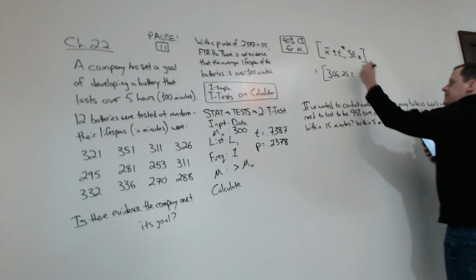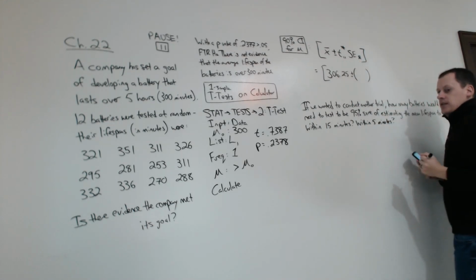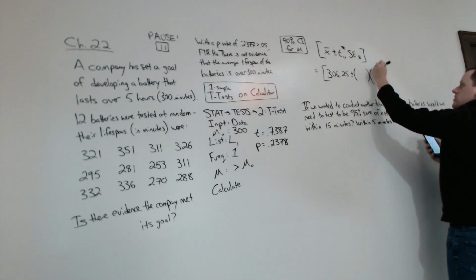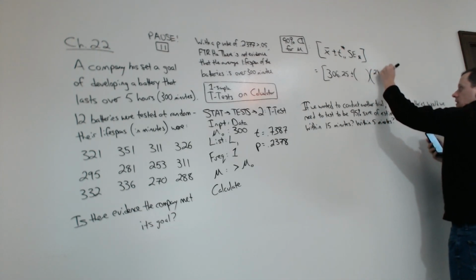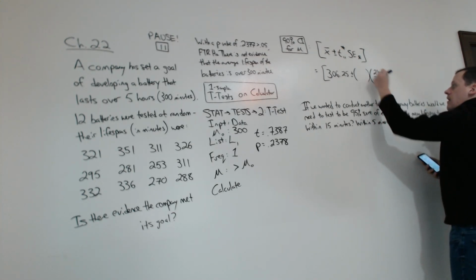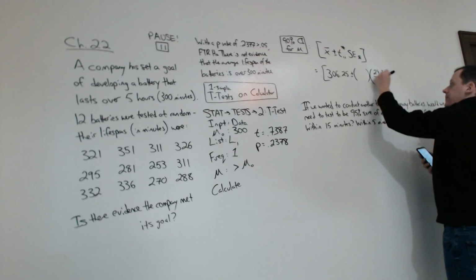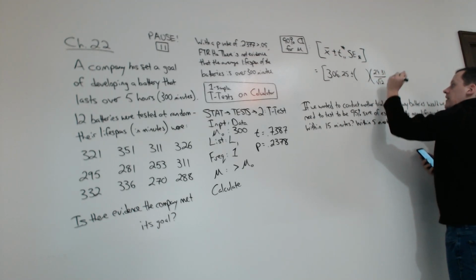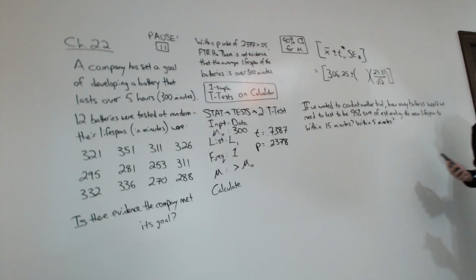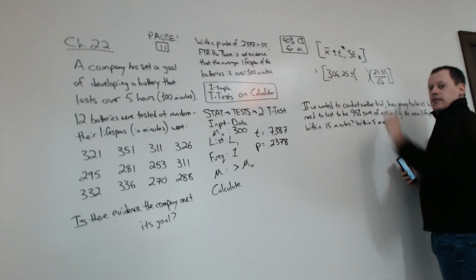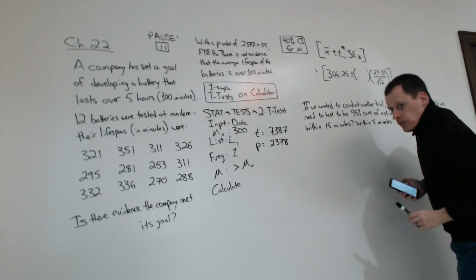That's going to be the standard deviation of our data set. That was 29.31 divided by the square root of n. So that's 12. I swear that's a 12. There. Okay. So we've got everything except for the critical value. And the way we find that